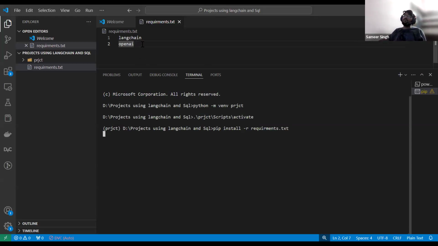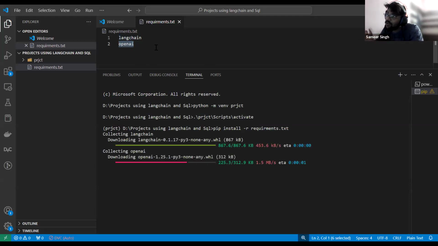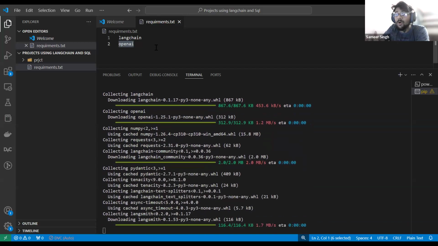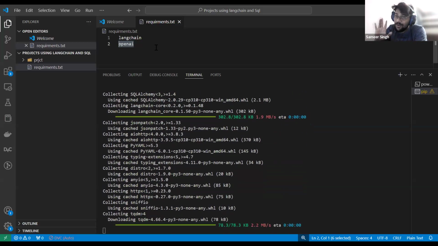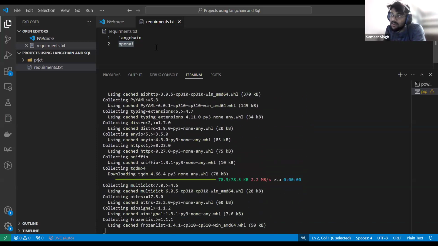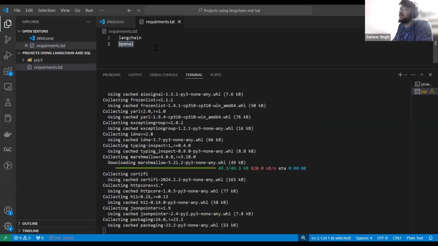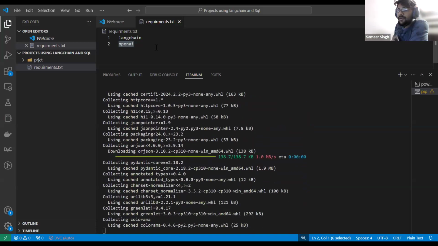All the libraries you have written in requirements.txt are going to install one by one. See, I have given just one command, and all the libraries are getting installed one by one. So let's wait until it is downloading.